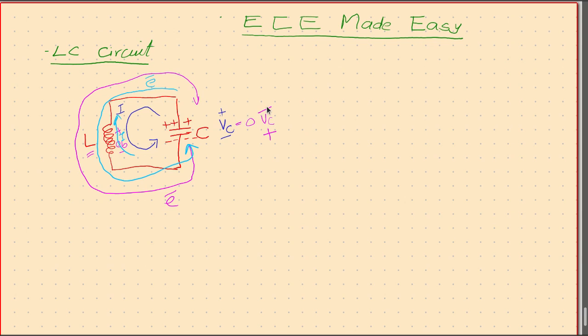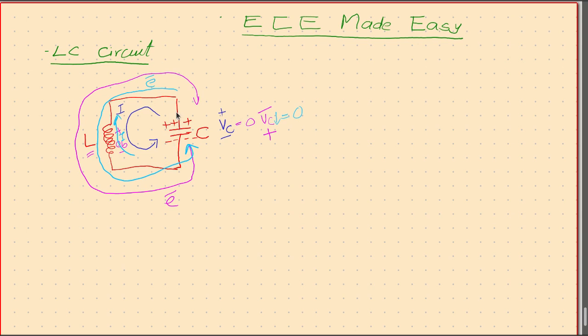and hence this keeps reducing, therefore Vc keeps reducing and reducing, and this continues till it becomes zero. By the time this becomes zero, the inductor has gained magnetic energy, and this magnetic energy will not allow this current to suddenly stop. Therefore, it wants this current to continue, which means it wants the electrons to flow in this direction, and again it will not allow this flow to stop.